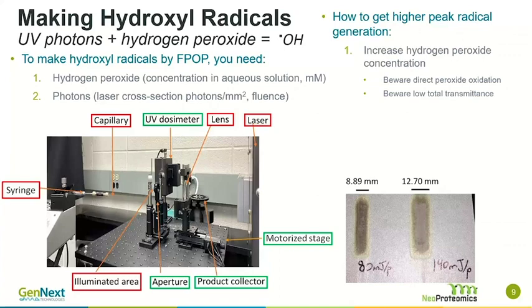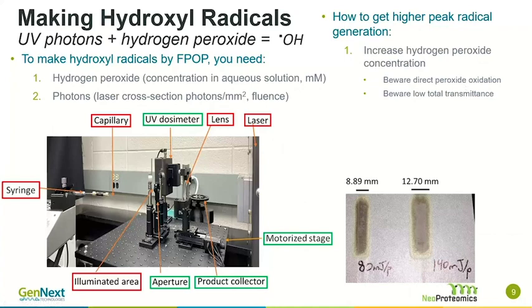Okay, it will directly oxidize via 2-electron oxidation, mostly at cysteines and methionines, although you can get some at tryptophans. The good news is usually this reaction is pretty slow. So you can usually mix your protein with hydrogen peroxide on the order of minutes and not see much background oxidation. But the higher the concentration of peroxide you use, the faster the reaction goes. So as you increase your hydrogen peroxide concentration, you have to beware that you're not getting too much direct peroxide